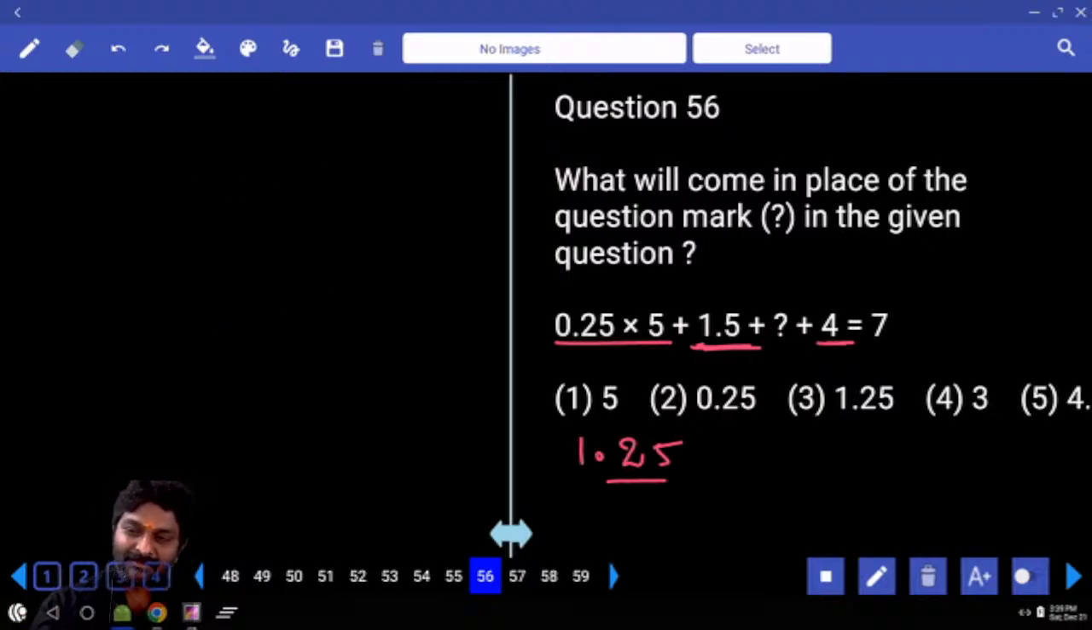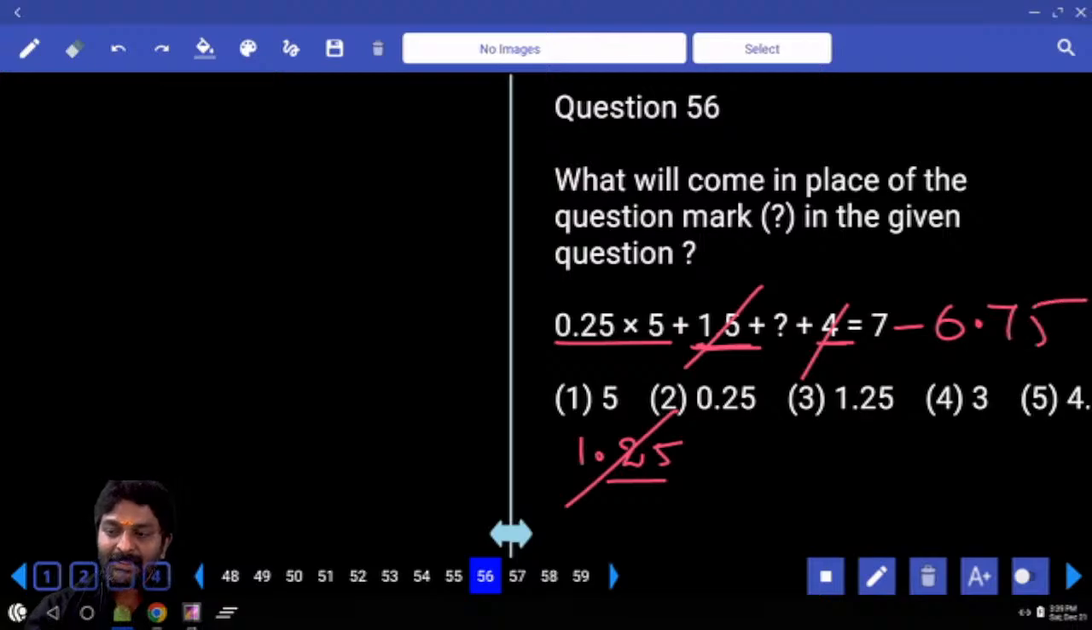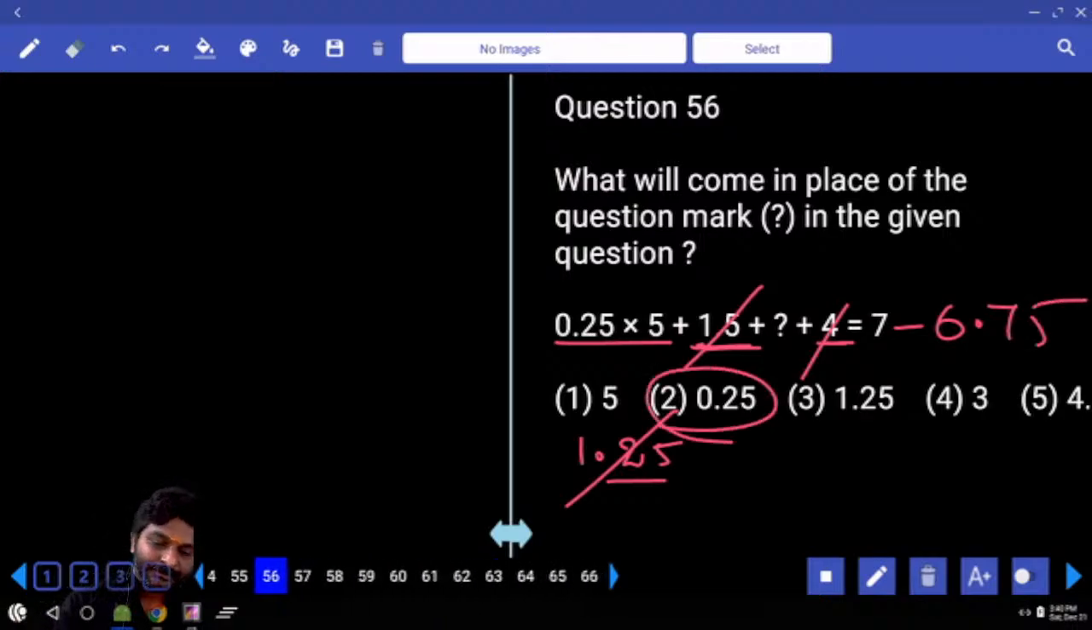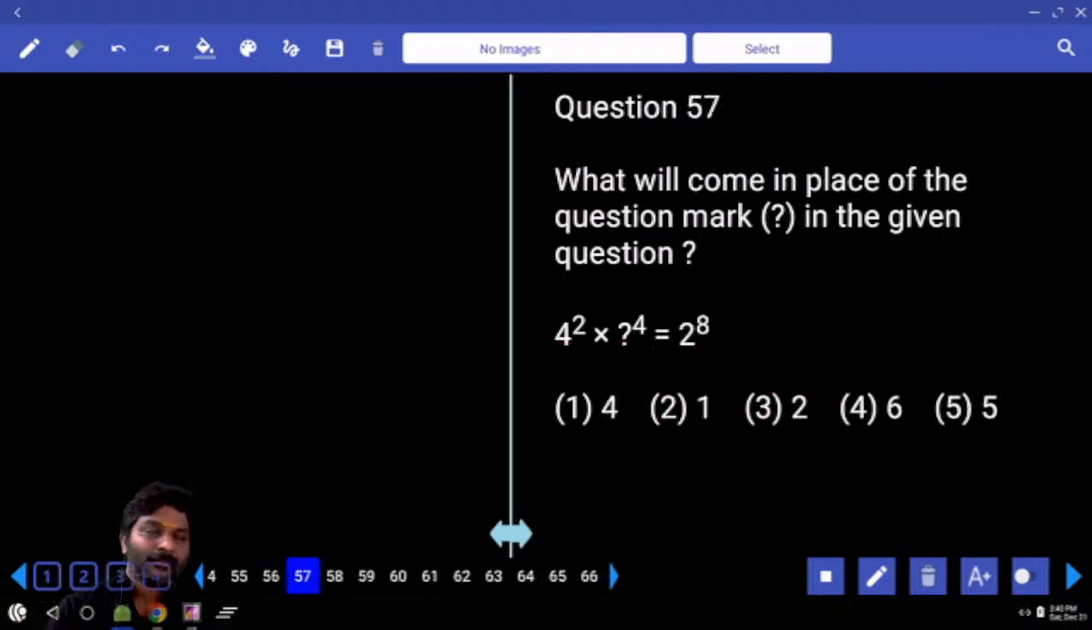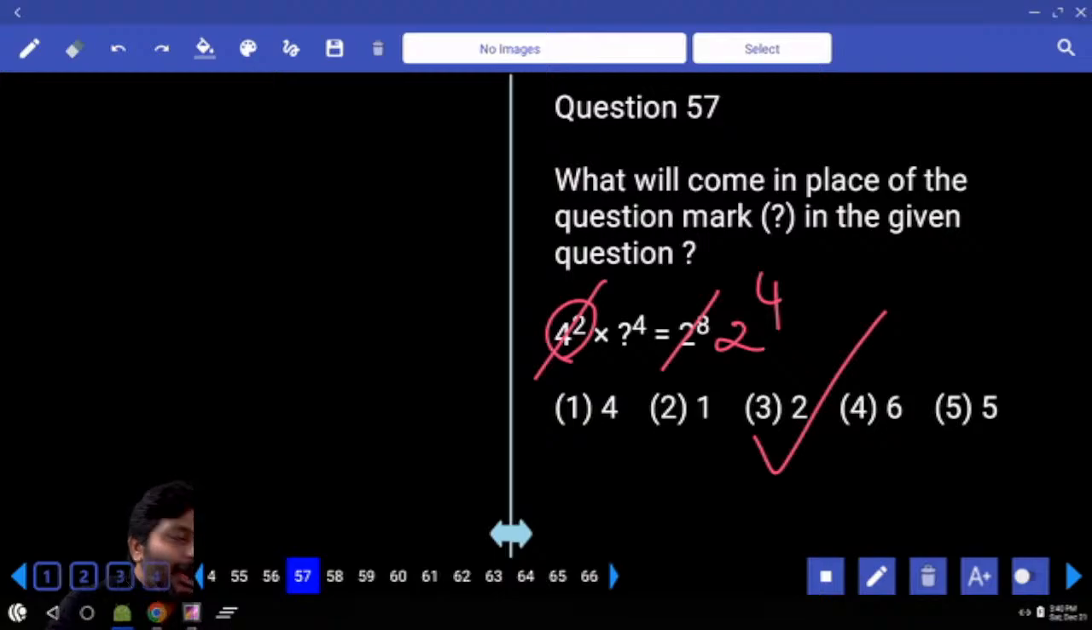Okay, but what else can we do. 1.5, 1.25, 2.75 plus 4, 6.75 subtracted from this number, answer 0. This can be written as 2 power 4. 2 power 4 cancellation in 2 power 8. Right hand side will be 2 power 4. X is equal to option 3. Answer option